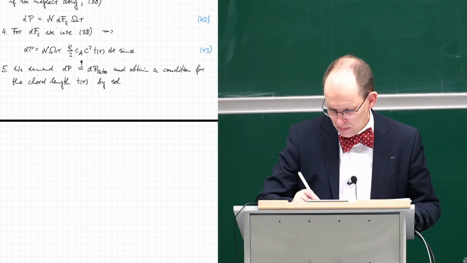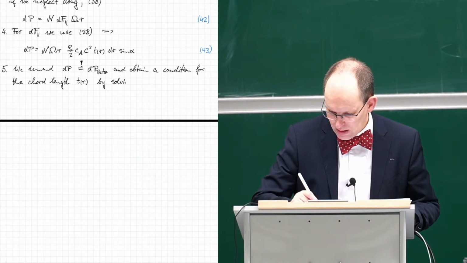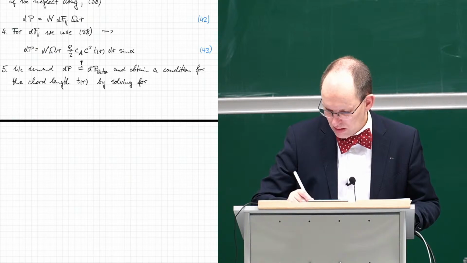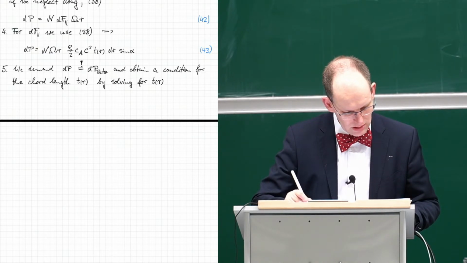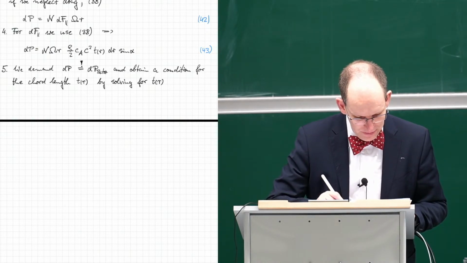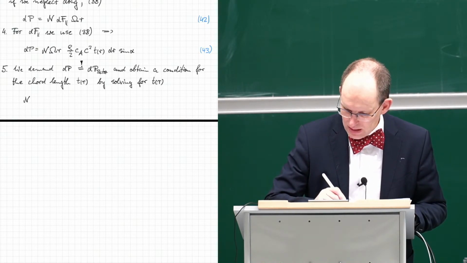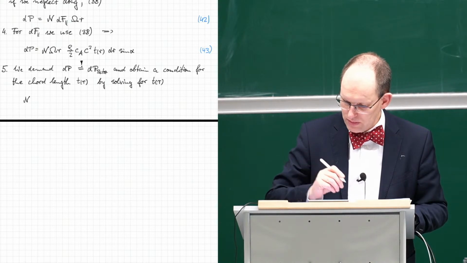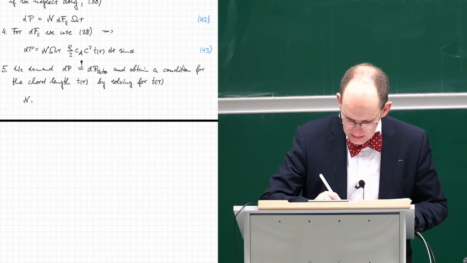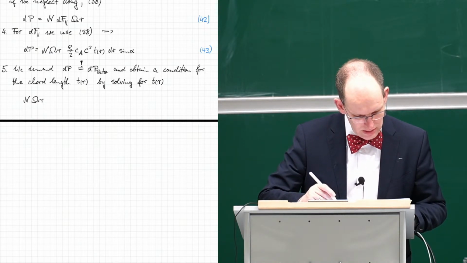By solving for Tr, right? Okay, let's do it. So what we have is, it's 43, I have it on the left-hand side, different from what I just announced. So